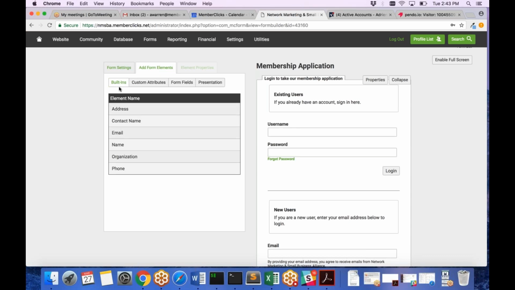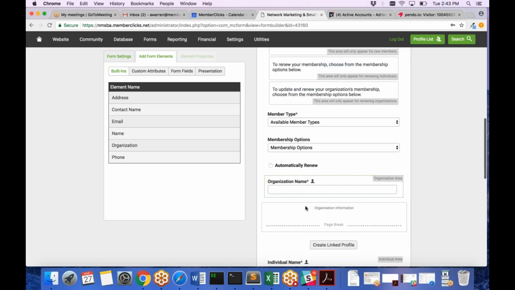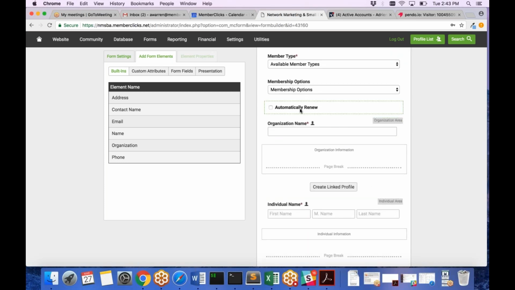So if you think back to our database training, we've talked about the different types of attributes that we have in the system. We have built-in attributes and custom attributes. Anytime you use a built-in or custom attribute on our form, it's going to take the information somebody fills out and store it in their profile. So if I scroll down into the membership application section or whatever body of the form that we're using, it could be